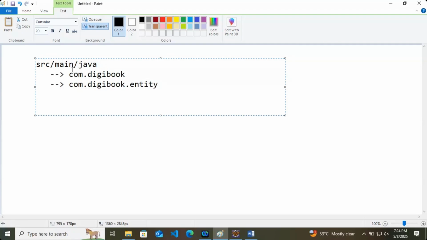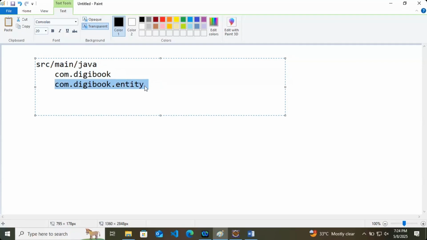Whenever you are creating the hibernate.cfg.xml file, make sure that the file you are creating is at the same level as all the packages.